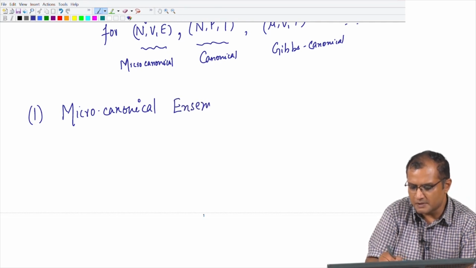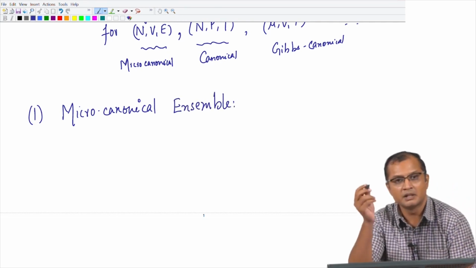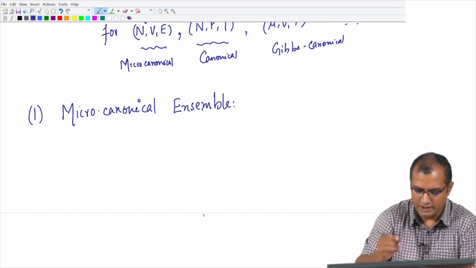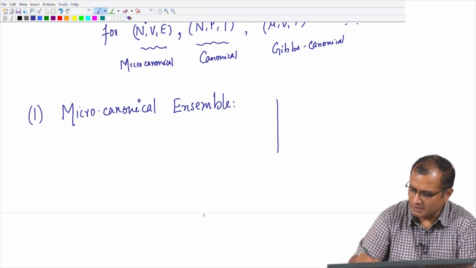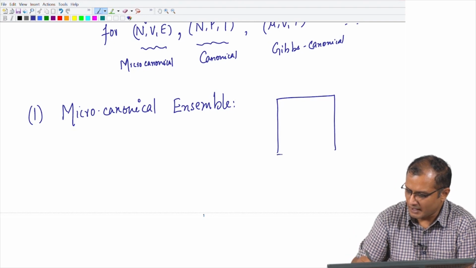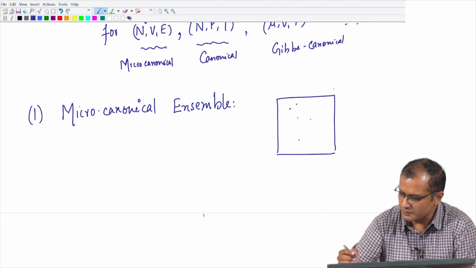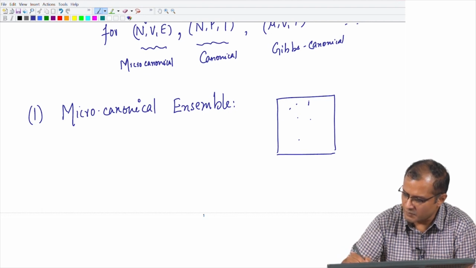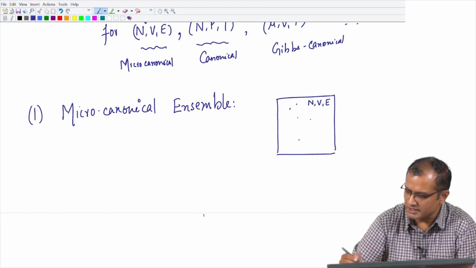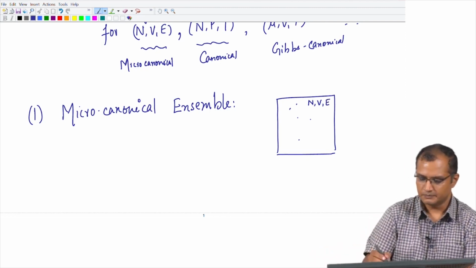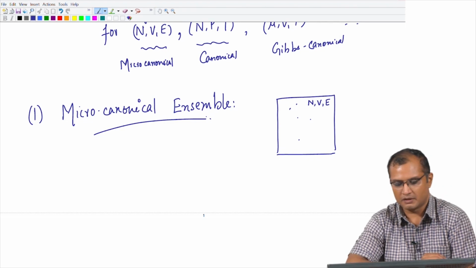And the prototype system for each of these ensembles will be a gas in a box. So, I am going to take, for example, an ideal gas in this box, with N particles, volume V and total energy E. So, this is going to be my microcanonical ensemble,